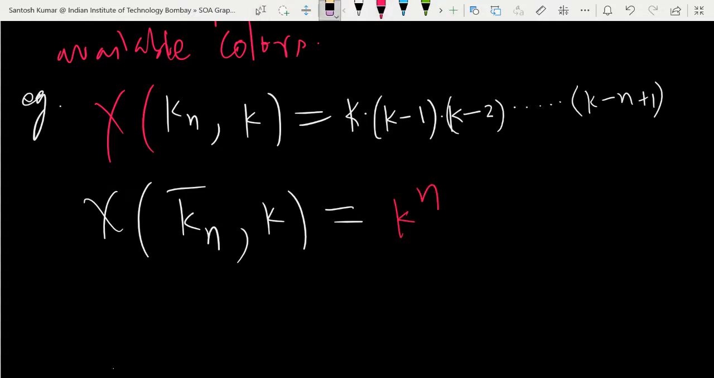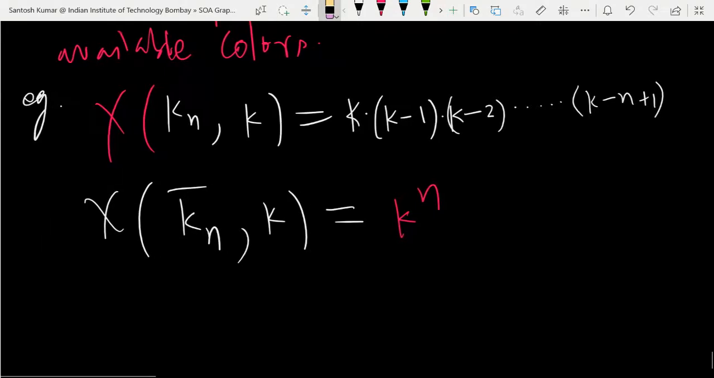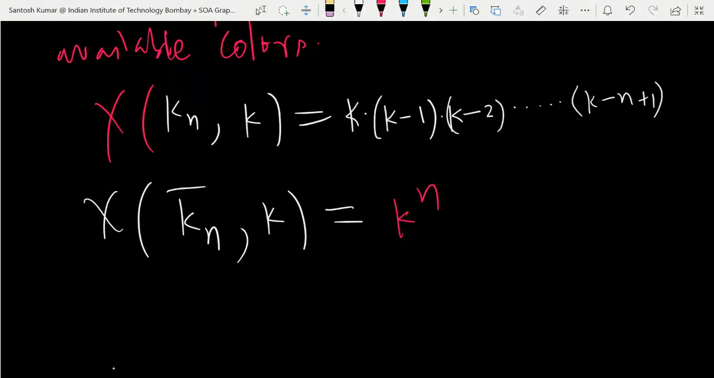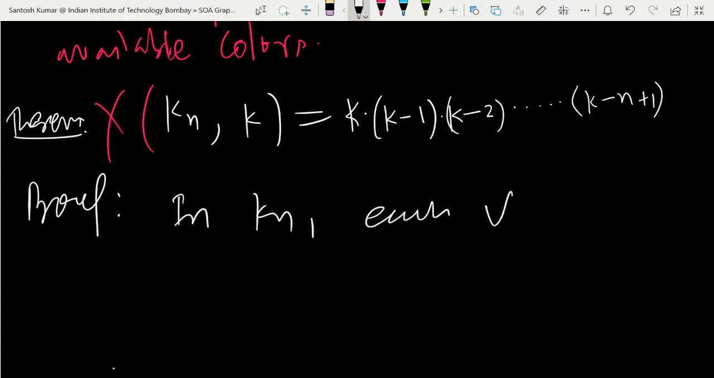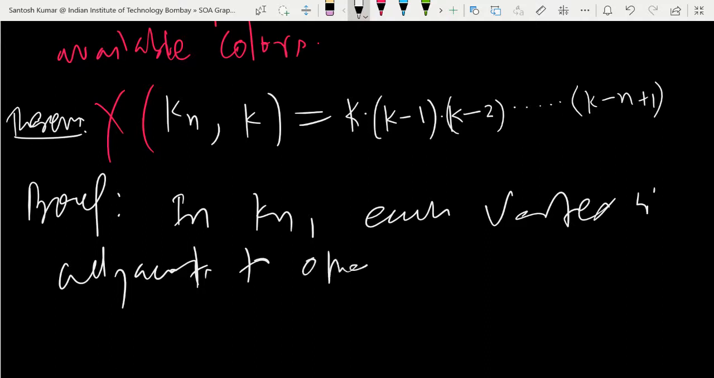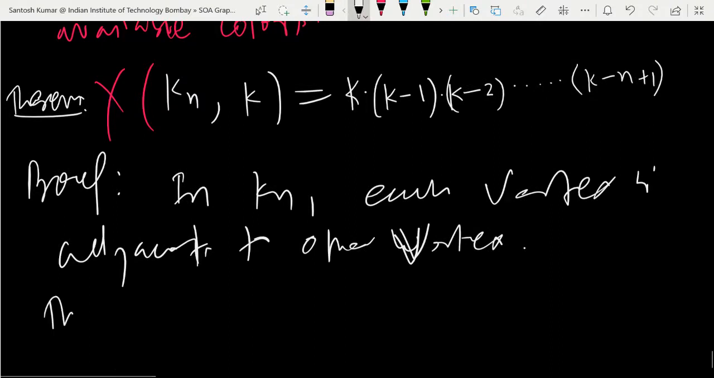Do you want me to write the proof of how it came? We can write it also if you want. You can make it a theorem or a proposition, and we can prove it also. For the proof, we just have to give the arguments. Suppose you want me to prove, then we can simply write the proof that in Kn each vertex is adjacent to the other vertex. So the choice of colors,